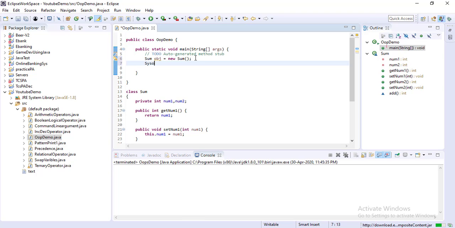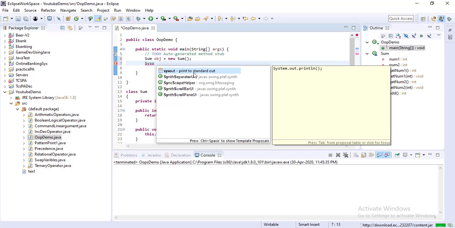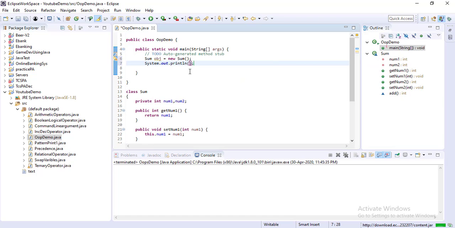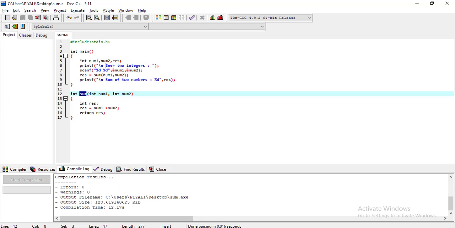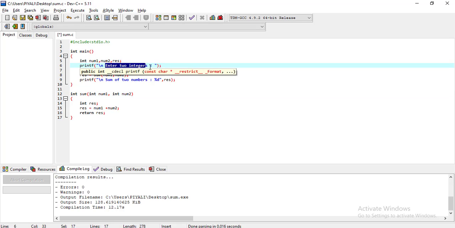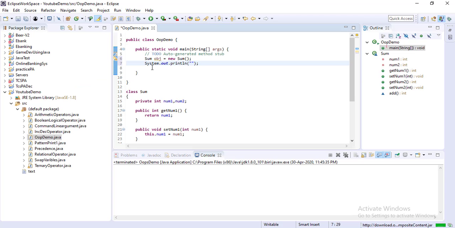Okay, so I am writing System.out.println, enter two integers, the same thing whatever I am writing here, I am just copying. Enter two integers, I am copying here also.